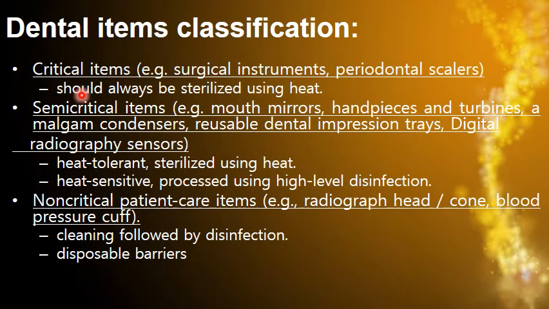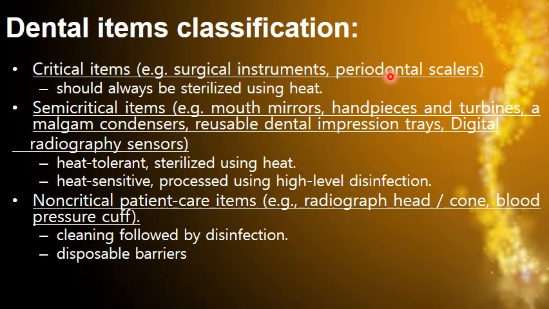These are instruments that come in contact with soft tissue and bone, which means instruments that create the wound, like the scalpel or the periosteal elevator, instruments that will enter into the wound. Even periodontal scalers enter into the gingival sulcus and may cause a wound. So these instruments should always be sterilized by heat. These critical items come in contact with the wound of the patient, so they should be